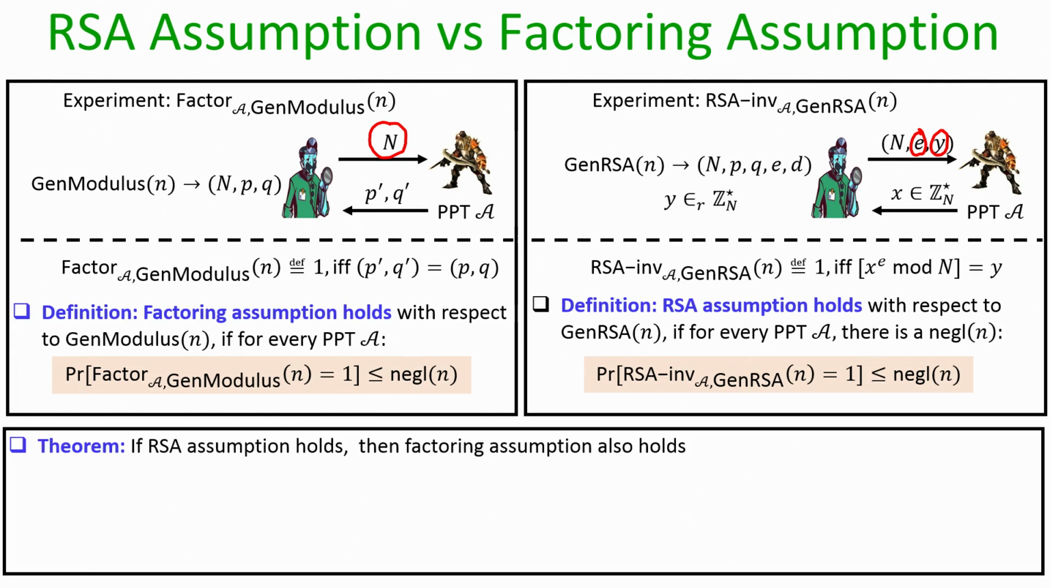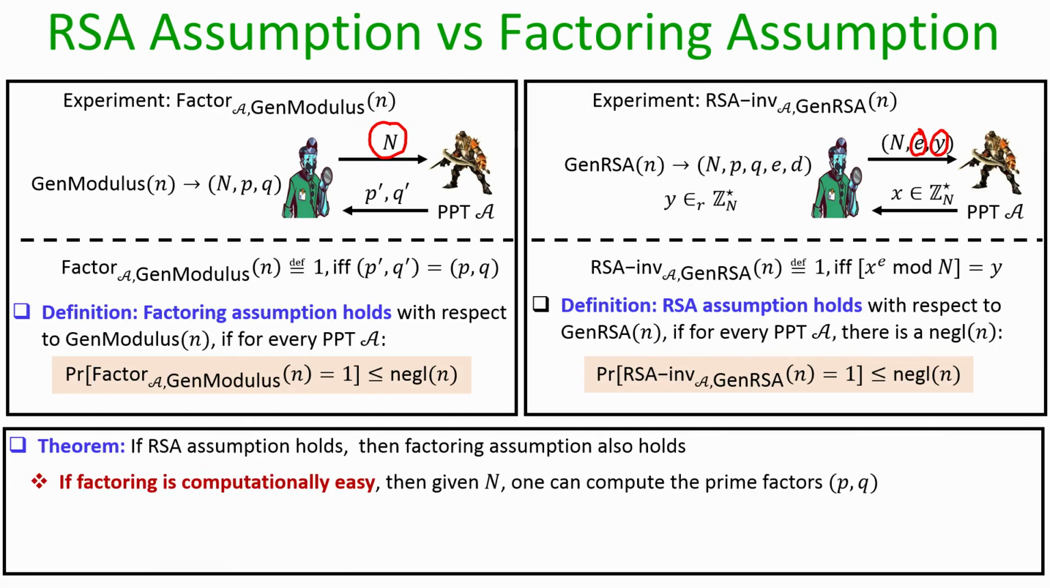It turns out that we can prove that if the RSA assumption holds, then the factoring assumption also holds, and this can be proved by contrapositive. Namely, if we assume that factoring is computationally easy, that means it is possible for a polytime adversary to come up with a prime factorization p comma q of a modulus n,